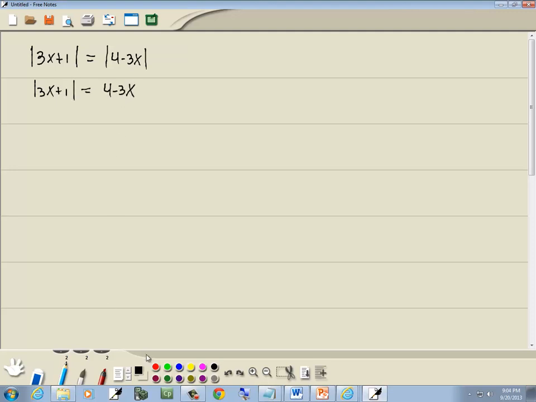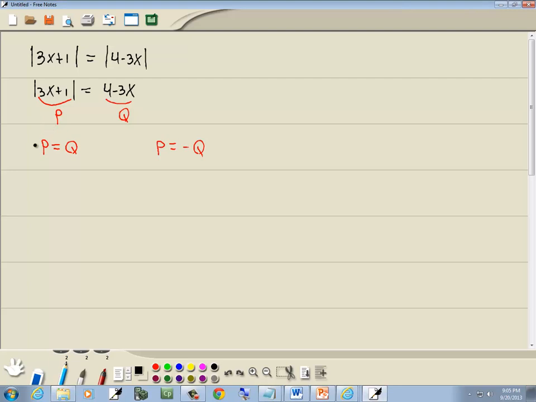And now this fits our form. We have to get the absolute value of something is equal to something else. Can't have any numbers in front of the absolute value, can't have any numbers after it. So what's inside of our absolute value will be our P, and the other side will be our Q. And our formula is P is equal to Q, and P is equal to negative Q. Now everywhere we have a P, we'll plug in 3x plus 1, and everywhere we have a Q, we'll plug